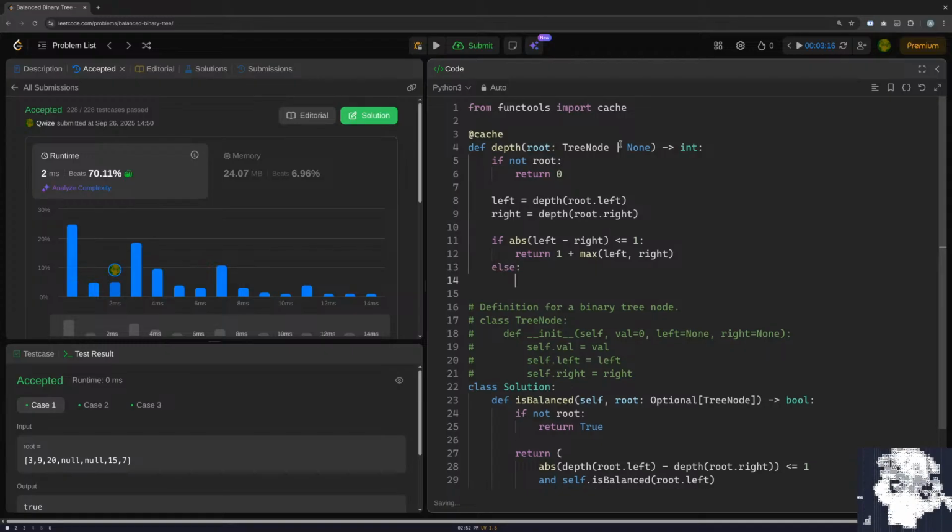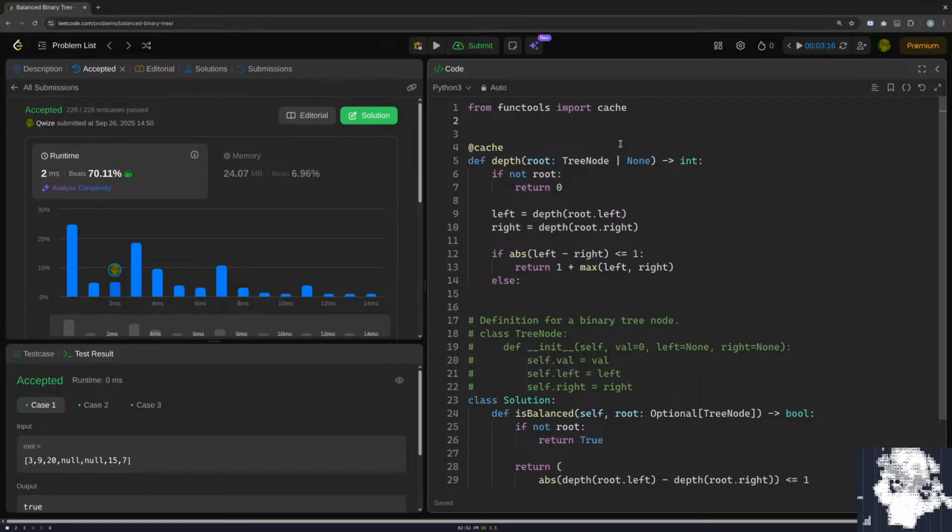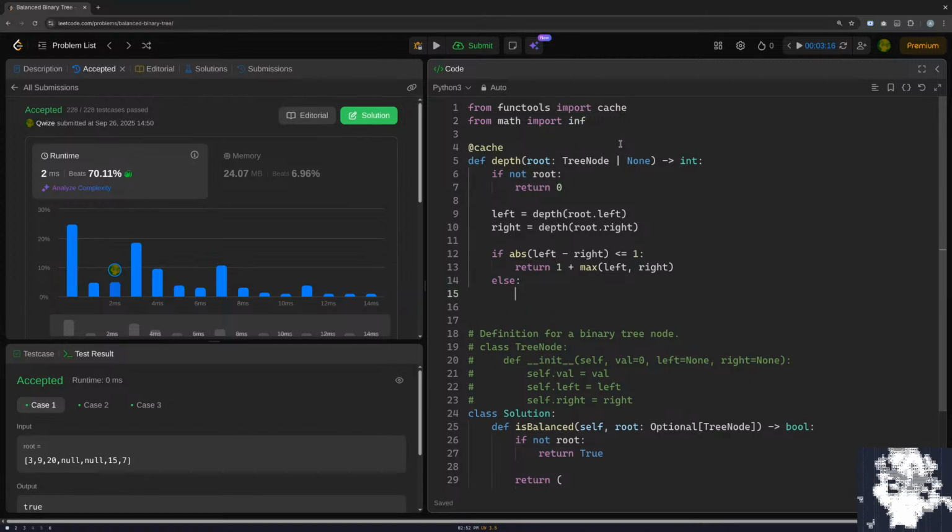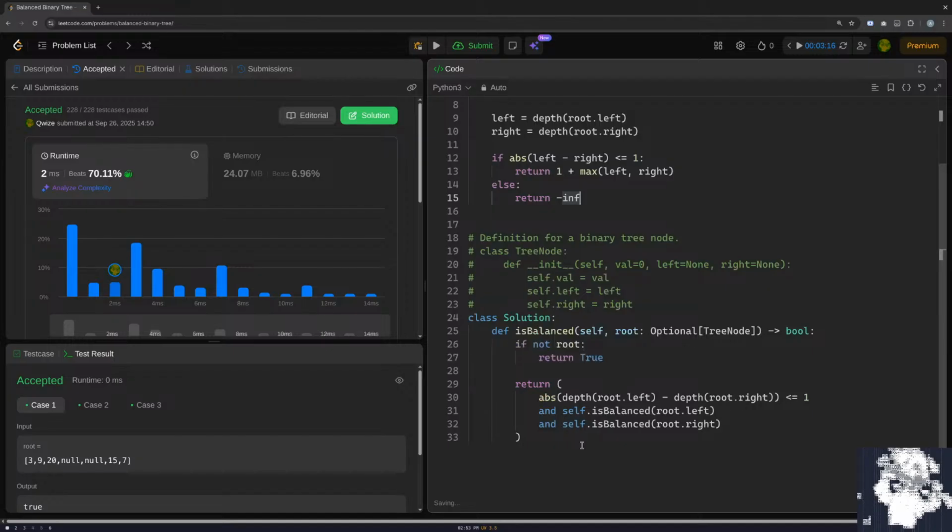Else you return, I don't know, return infinity, negative infinity or something. Then here we would say